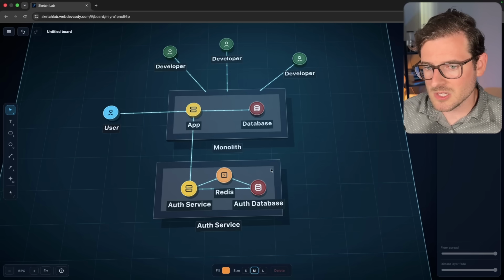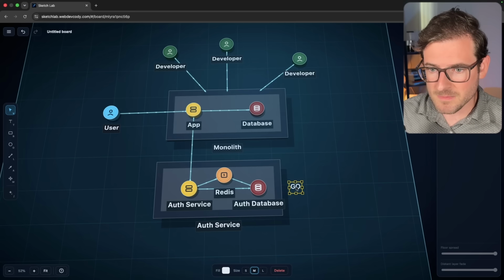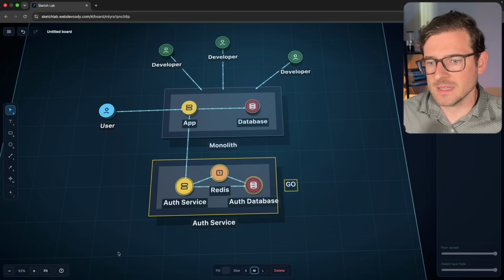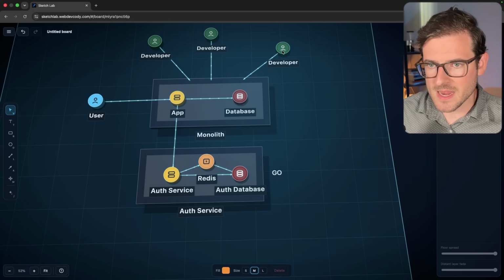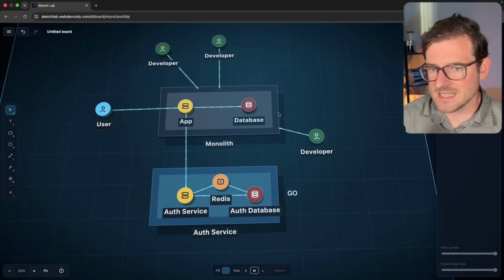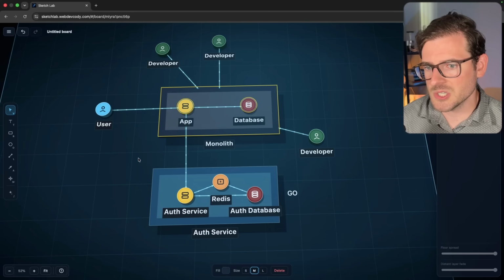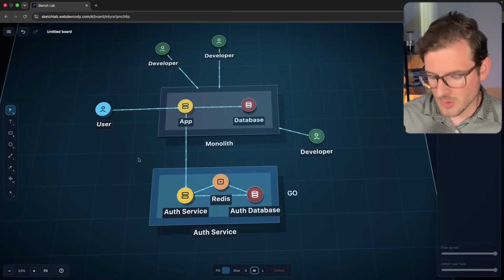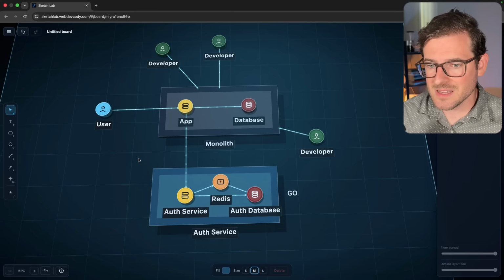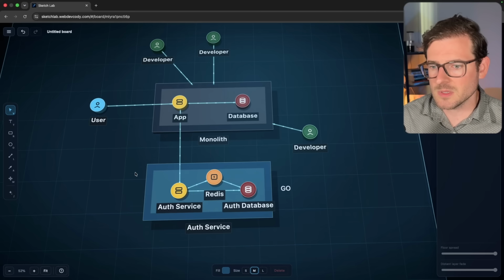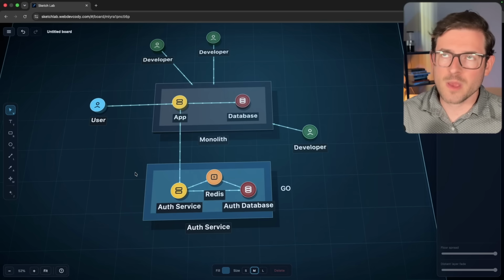You can actually rewrite this auth service in Go or Rust or something so that you can reduce the amount of latency it takes to get this data back and send it back to the user, okay? Some other benefits of doing this: let's say there was some really complicated logic in that monolith and you wanted to pull it out so that it's easier to maintain. That's also something this can achieve. It helps with maintainability from one direction, right?